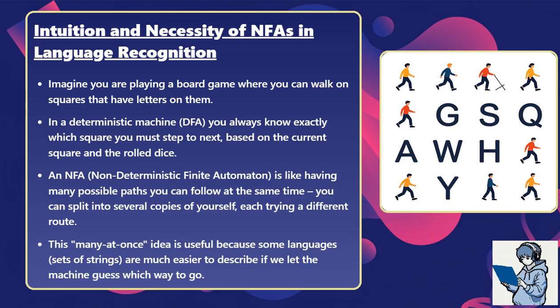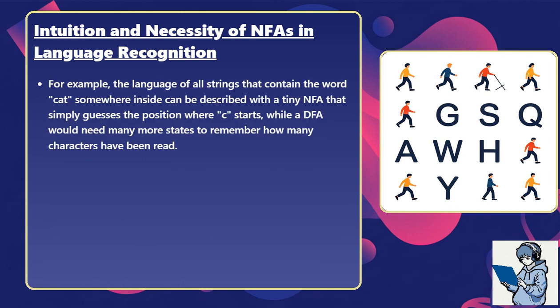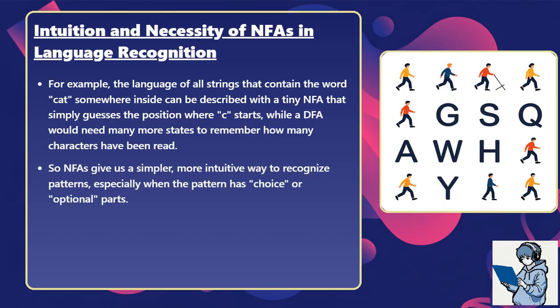This many-at-once idea is useful because some languages, sets of strings, are much easier to describe if we let the machine guess which way to go. For example, the language of all strings that contain the word cat somewhere inside can be described with a tiny NFA that simply guesses the position where C starts, while a DFA would need many more states to remember how many characters have been read. So NFAs give us a simpler, more intuitive way to recognize patterns, especially when the pattern has choice or optional